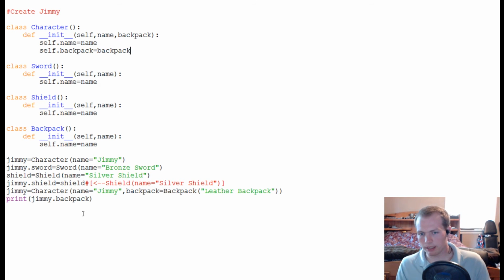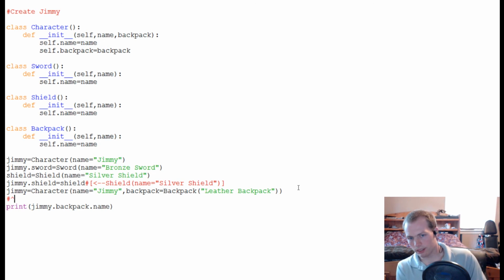But really it should be, well, I'll ask you, what should this be? If I want to print out Jimmy's backpack's name, what should I type in? And the answer is I should be typing in jimmy.backpack.name. And that will print out leather backpack. Again, this right here, this thing,